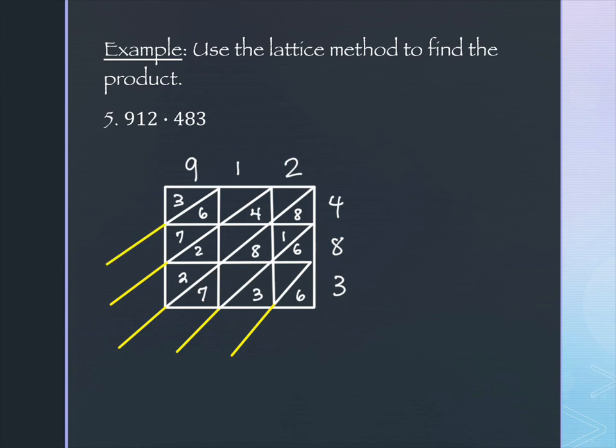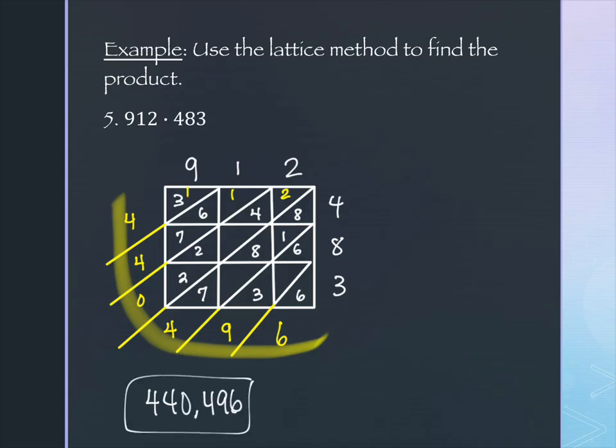Here we go. All right, bottom right corner, inside the box only, there's a 6. Next diagonal is 6 plus 3, which is 9. Next diagonal have 8 plus 1 plus 8 plus 7. 24. Very good. 24. 4 here, 2 carried. 2 plus 4 plus 2 plus 2? 10. Good. We're just going to keep throwing numbers. Okay, so I have 1 plus 6 plus 7? 14. Good. And carry my 1. 3 plus 1 is 4. And looky, there's your number just right there. This is